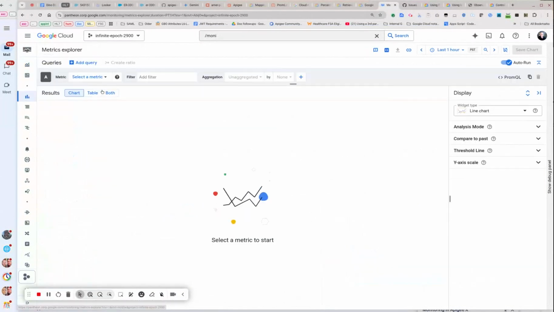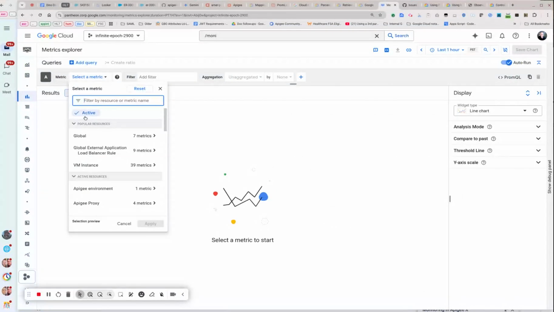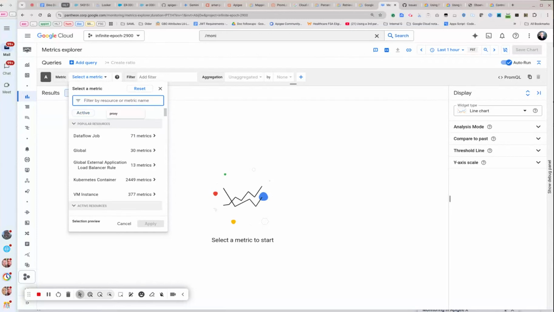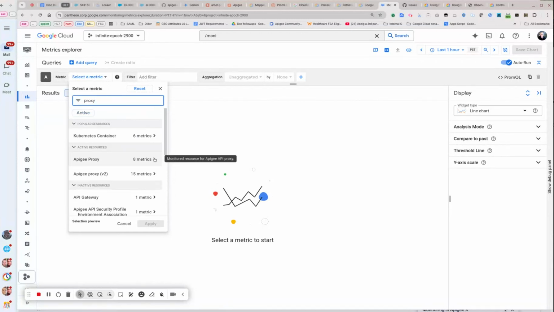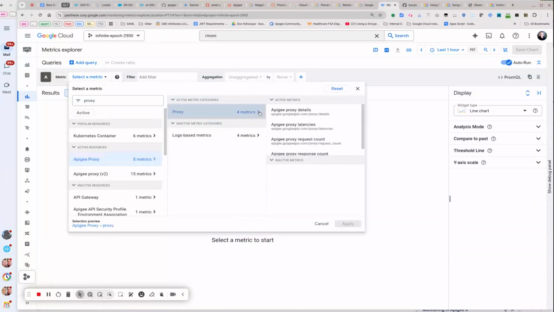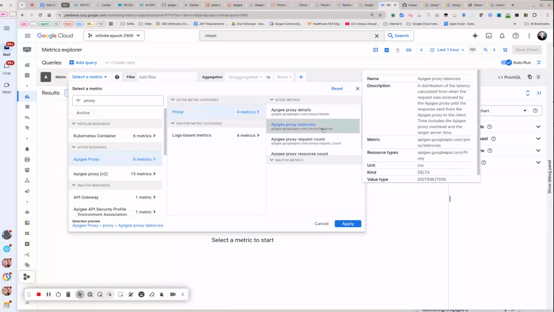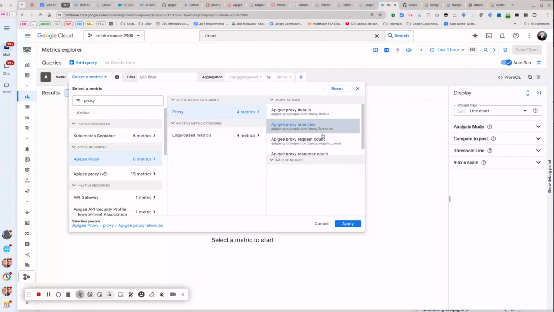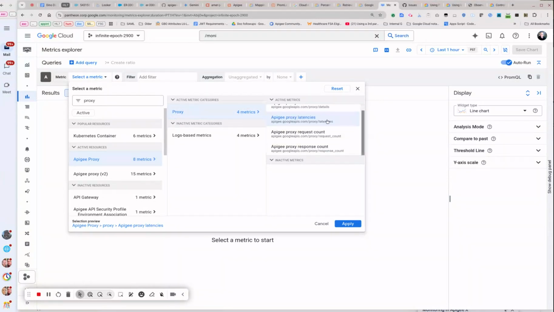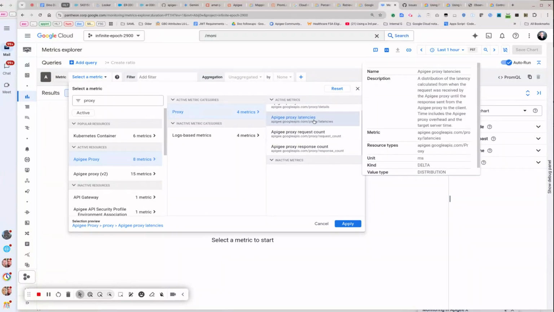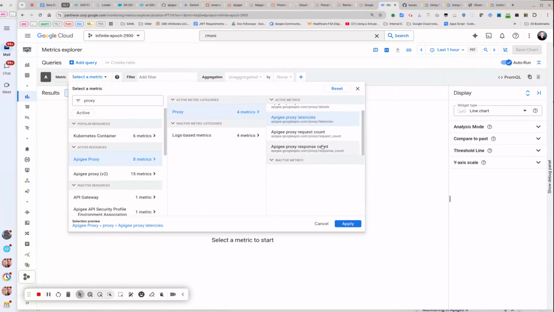First thing I want to do is show you the Metrics Explorer. So you can click Metrics Explorer, turn off that active button, type in proxy, and you'll see metrics for Apigee proxy and V2. Ignore the V2. It's actually a misnomer that's older than the current thing. You should be using Apigee proxy. And you can see there's a number of different metrics. If you were going to do alerts on latency, this is the one you would use. If you were going to do alerts on error counts, you'd use some of these other different